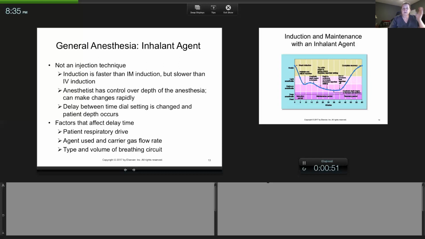Now, this is faster than IM, but slower than IV. So if I'm going to compare, fastest is IV, then would be inhalant, the least fast is the IM. And similar for recovery. It's usually faster for IV, a little bit slower with inhalant, and then IM would be a slower recovery. So you have to understand, sometimes we choose these methods of induction based on patient factors, the